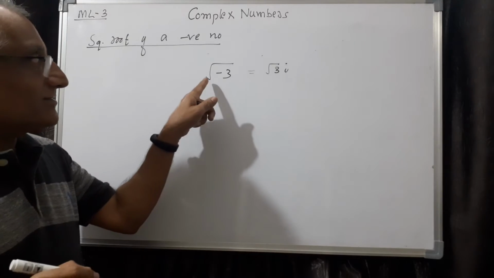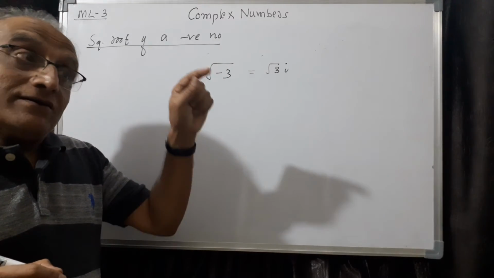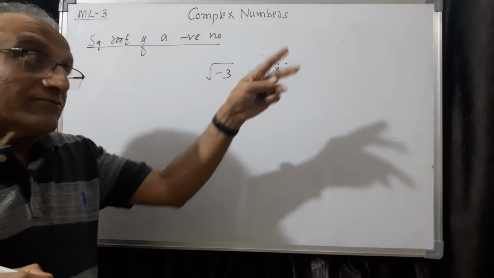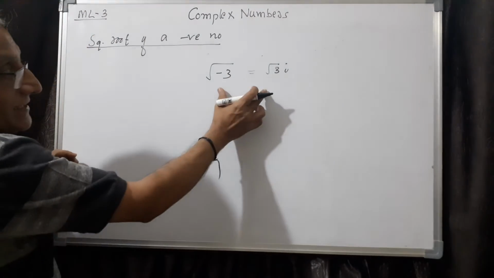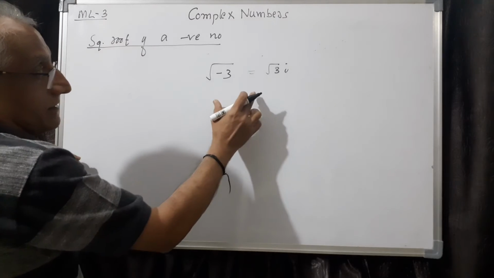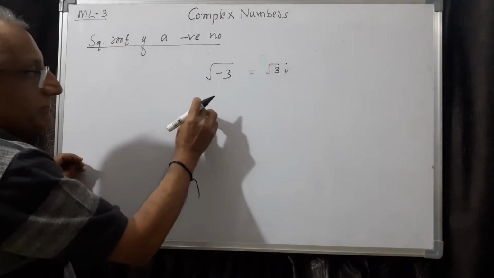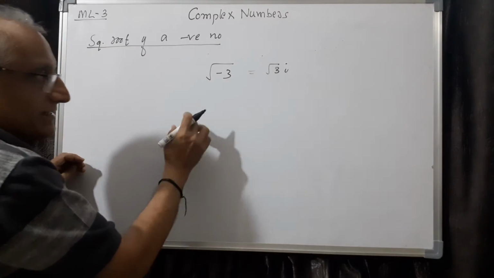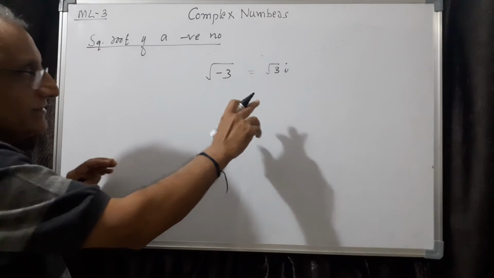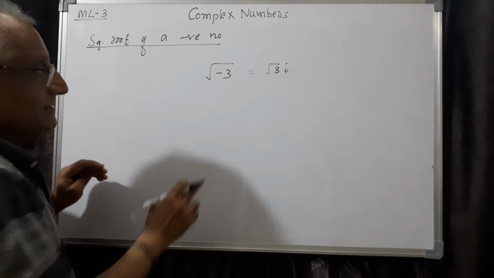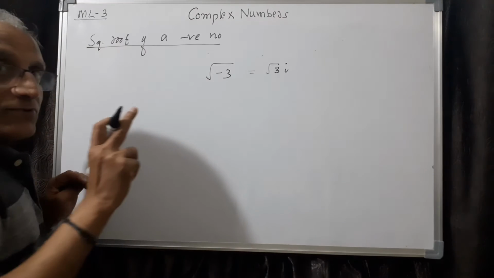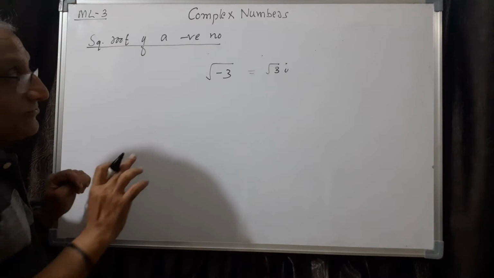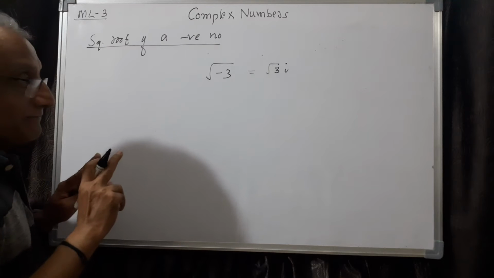It's not plus or minus, because the same number cannot be 2. It is only square root of that number. Of course there are two values, because when you square you will get the same thing. So that is the idea. You can even verify that. Take plus root 3i, square it, and minus root 3i, square it, you will get minus 3 only, because i square is minus 1. So this is the thing you have to remember. There will be calculation error if you are not able to understand.